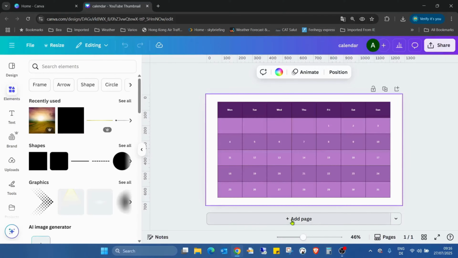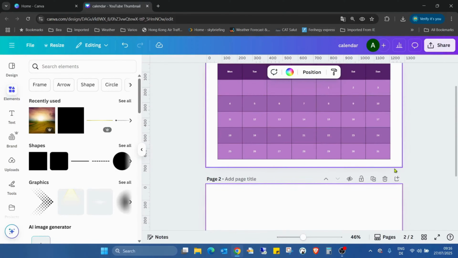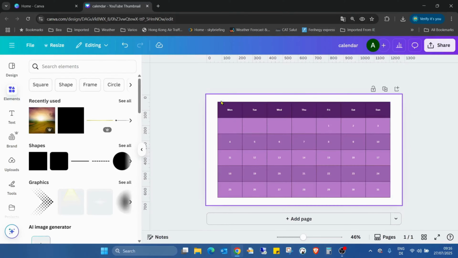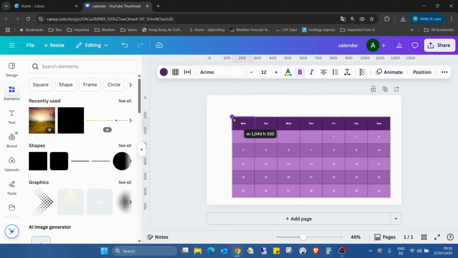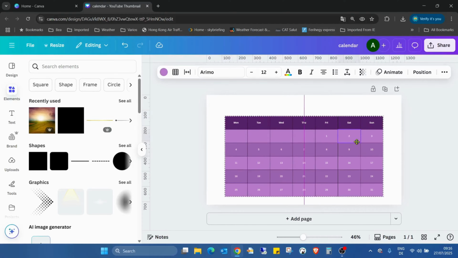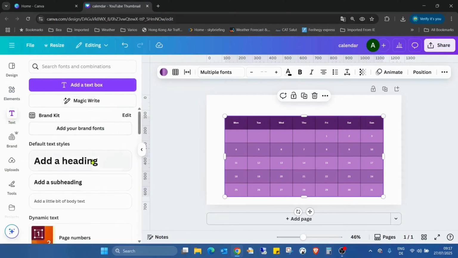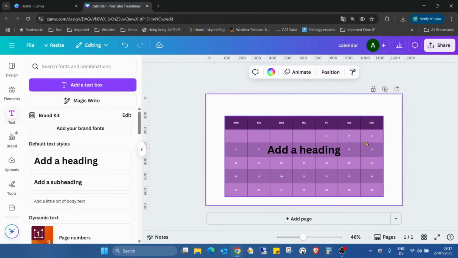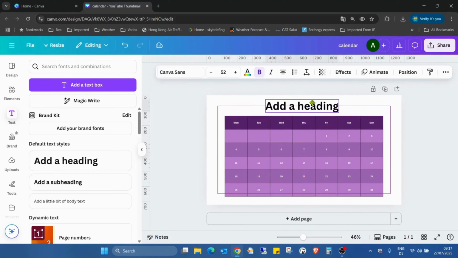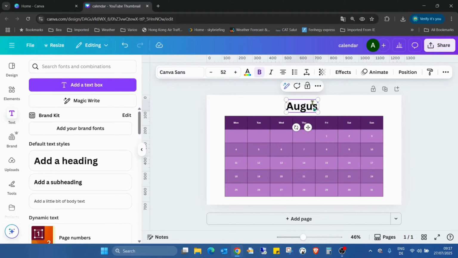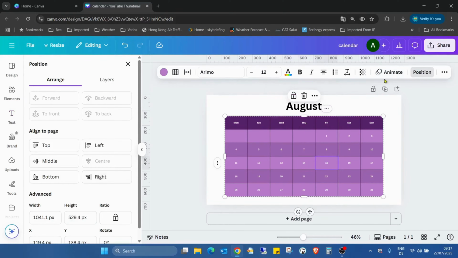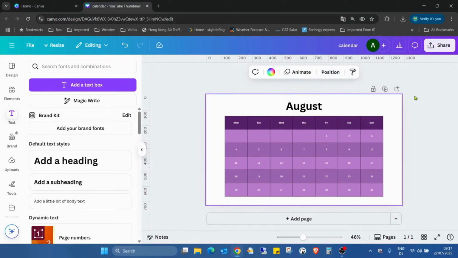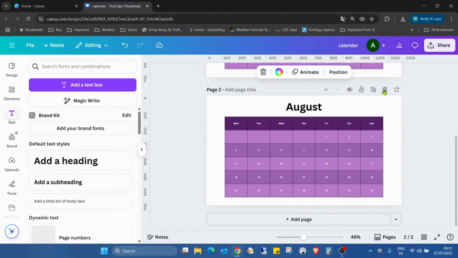So I'm just adding a new page. Nope, I don't want to add a new page. First of all, I would like to reduce the size of the calendar because this calendar is for August. So I just have to add the header, typing August, and this one has to be centered. Also, this one is already centered. Good. Now I just duplicate the page,